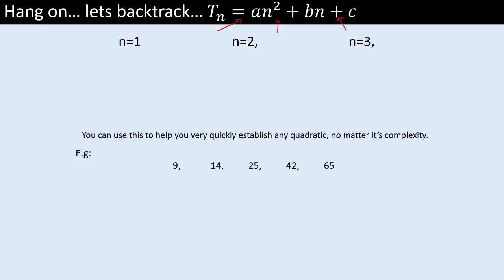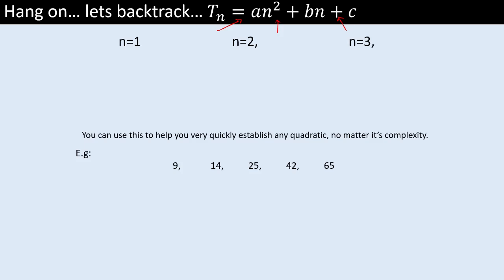We could have -2n squared plus 5n plus 1. Okay. Any quadratic can be written like that with some letters for A, B, and C. So numbers for A, B, and C. What we want to do for our alternate method is to see what values we get, or what expressions we get